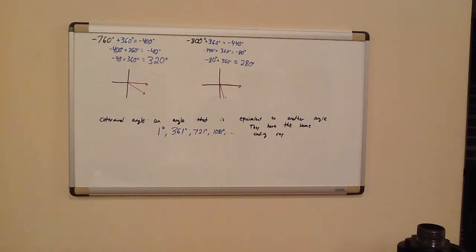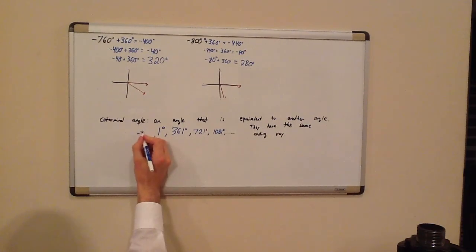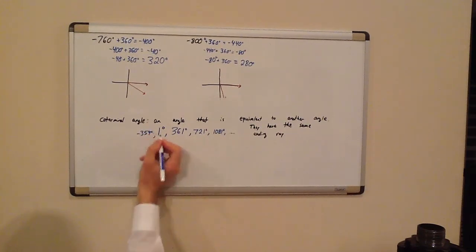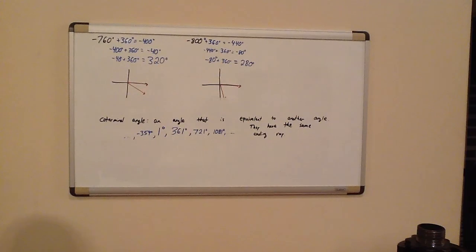Looks kind of like a sequence to me. And we can go backwards with it, and we can subtract. And when we do that, we wind up with some negative ones, negative 359, and it keeps going in that direction as well. So how do you find a coterminal angle? So for the next part, I asked that question, how do you find it? And we need to add or subtract